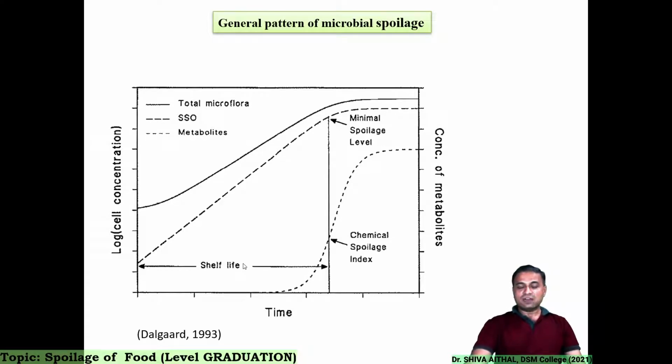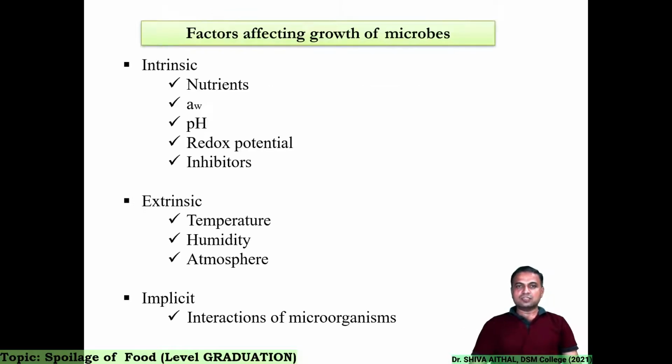How is this shelf life achieved? By adding preservatives. When preservatives are added in food, it does not allow the deterioration, but after a certain time, maybe 6 months, maybe 1 year, there is a production of metabolites. First the production of metabolites gets enhanced because simultaneously there is an increase in the number of microorganisms. The concentration of metabolites is directly proportional to the log number of cells, and microbial spoilage takes place.